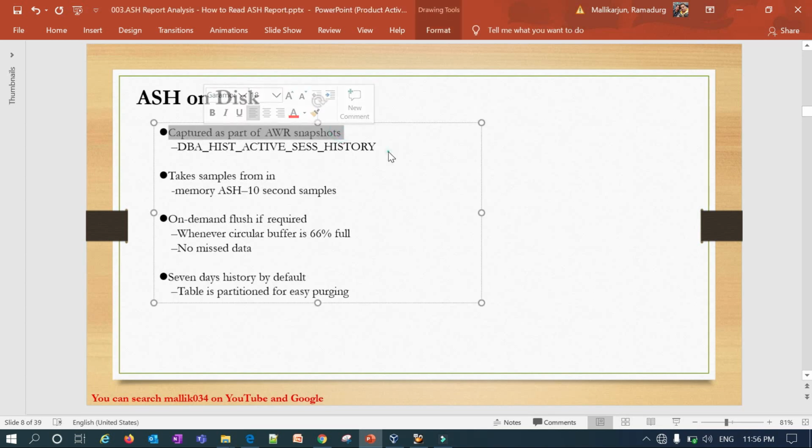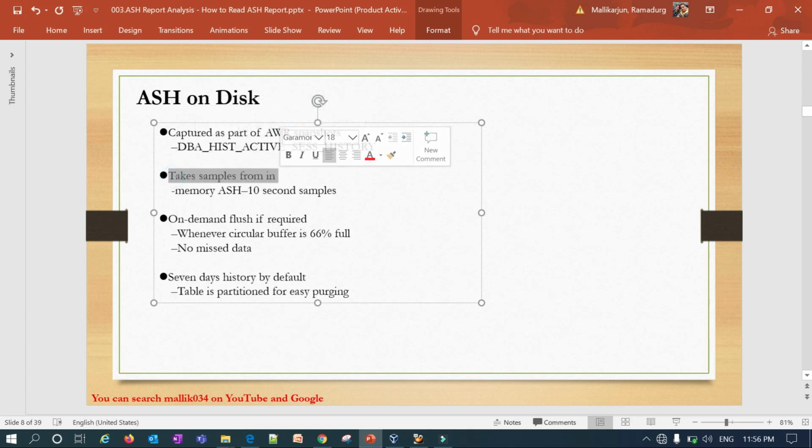DBA_HIST_ACTIVE_SESS_HISTORY is the table, you can find it here, and it takes the samples from in-memory ASH, one in 10 samples. Every 1 in 10 it will take from your active session history. On-demand flush if required: whenever the circular buffer is full, or every 1 hour, it will flush to my disk.